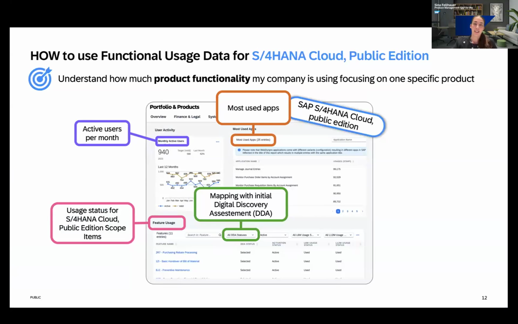All right, so much for the different dashboards and functionalities in SAP for Me. I know it is quite a lot to process from a couple of minutes of presentation here. So I would definitely encourage you to go into your own system. I'm sorry I have not been able to look at the chat, but I would definitely encourage you to look into your systems and play around with this data.